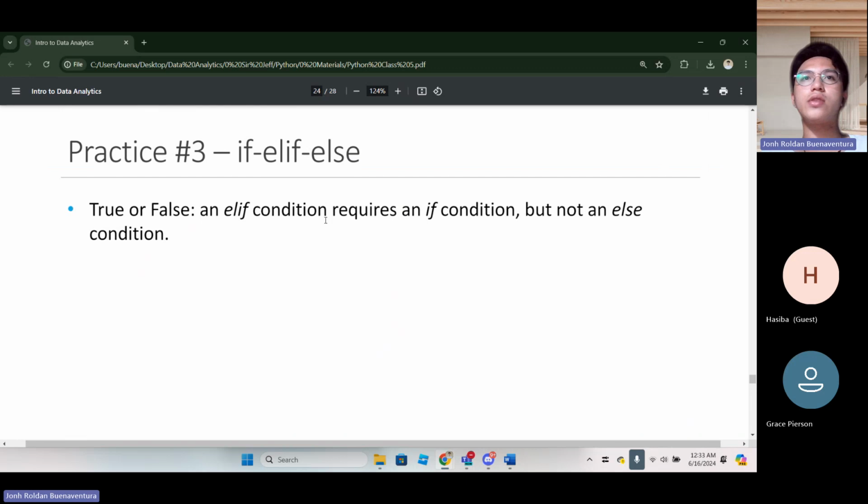An elif condition requires an if condition, but not an else condition. Is it true or false? The structure looks like if, elif, else. So I have true. Okay, this one is true. How about you, Hasiba? Is it true or false?